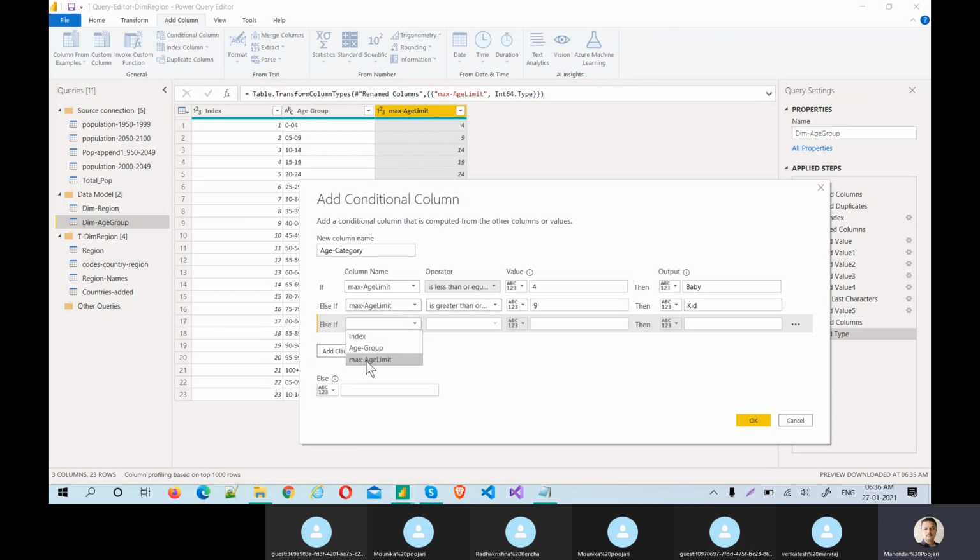Again, choose the age max limit. Sorry, here I used greater than. It should not be greater than, it should be less than or equal to. It is also less than or equal to 14. What I'm going to do, these are younger kids, something like that. Actually till 14 also they will be kids, but I should make some difference to make us understand. So, elder kid.